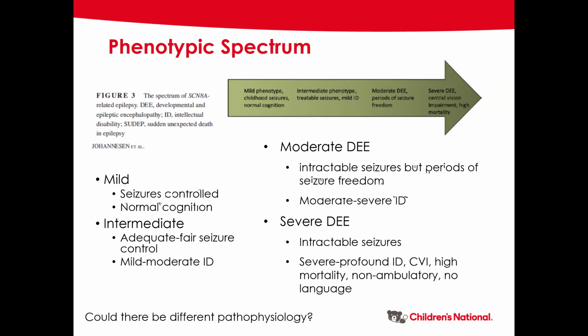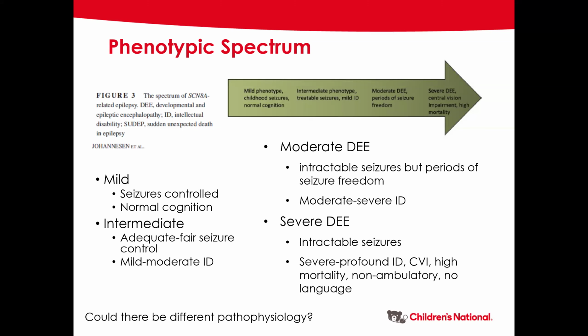This understanding has evolved over time, recognizing that some of these phenotypes may be due to gain of function versus loss of function. It's obviously important to have a better handle on that so you know how to best treat these kids. But not only do you have seizures with this, it's often accompanied by varying degrees of intellectual disability